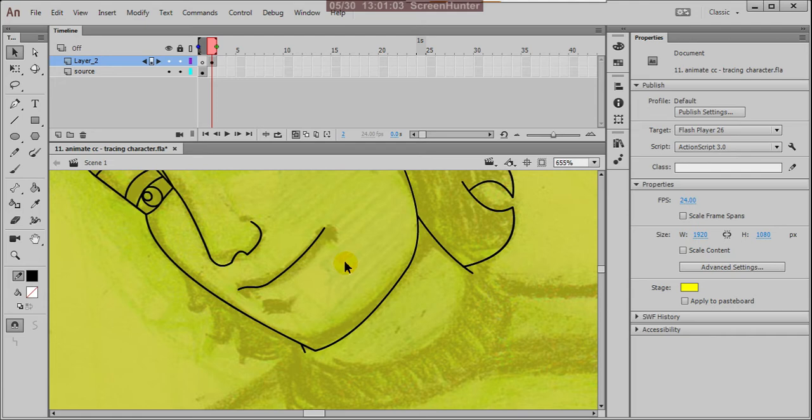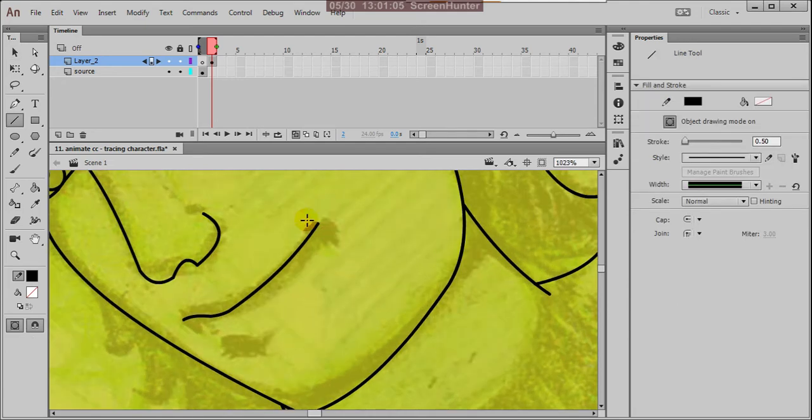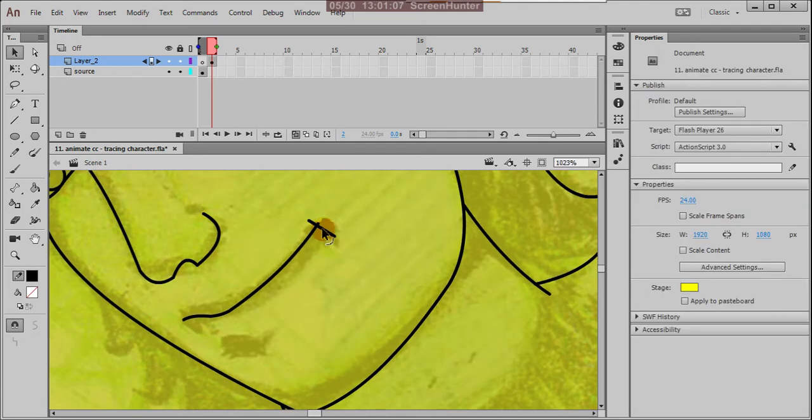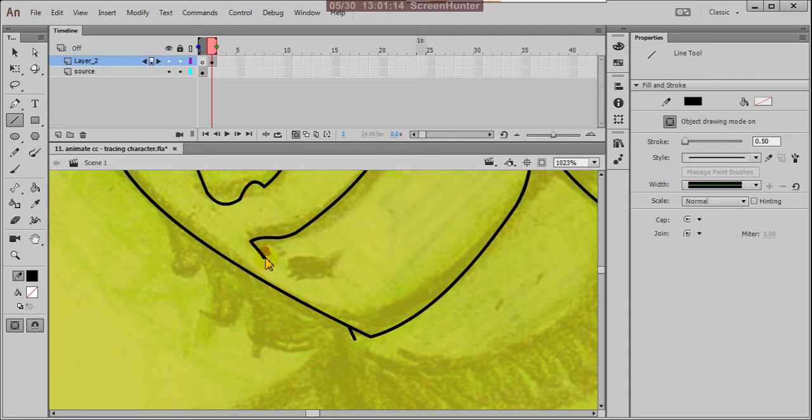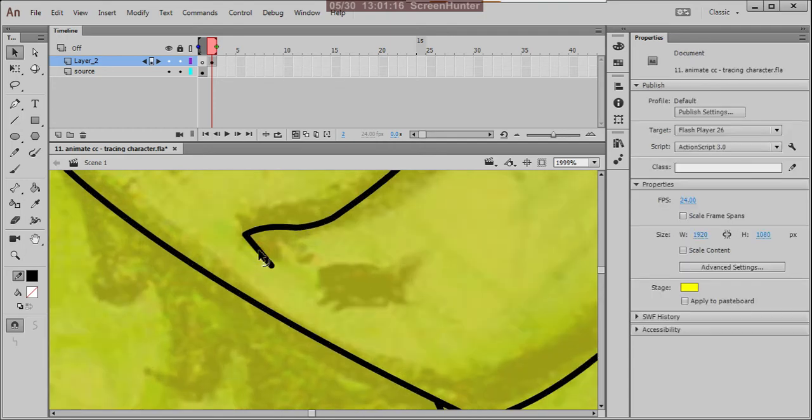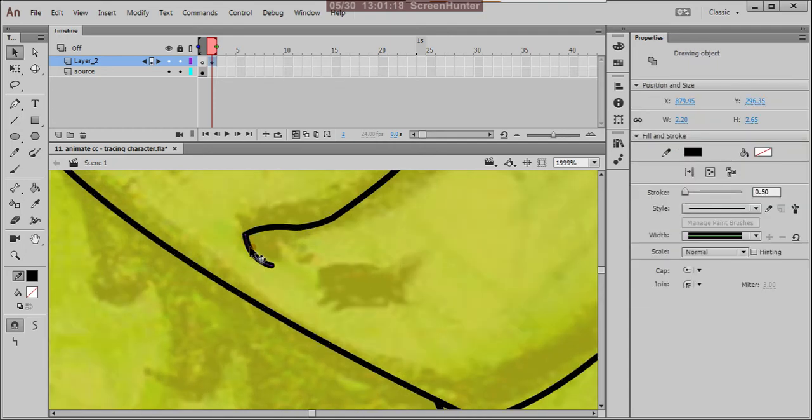Okay, then here add some skin fold, and this side also you can add skin fold, and you can move there.